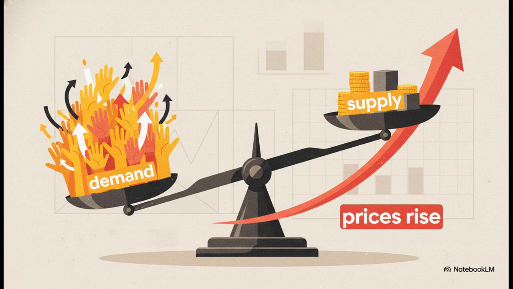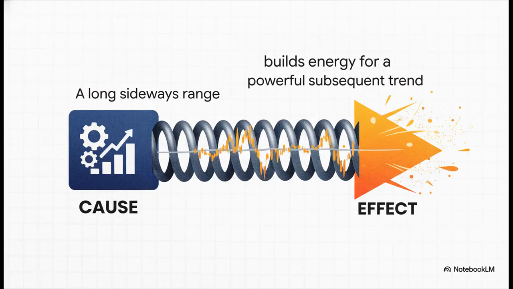This imbalance is the engine behind every single price move, and the Composite Man is an absolute master at manipulating it. All right, law number 2 is where things get really cool, almost predictive. Think of a market that's just moving sideways, not really going anywhere. That's the cause. And the analogy of coiling a spring is perfect here. The longer the market grinds sideways, building that cause, the more energy it's storing up.